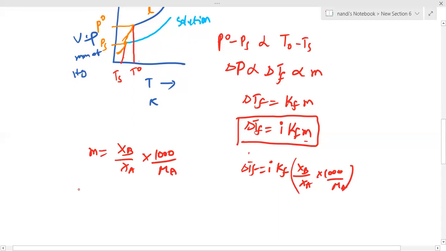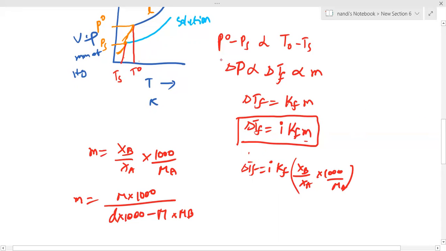So even you can write the molality and molarity relation: m equals molarity into 1000 by density into 1000 minus molarity into gram molecular weight of solute. So you can substitute in place of m. This is also a formula. You'll get a new formula. We'll discuss previous JEE questions and NEET questions, how they are going to use this formula, how they calculated.